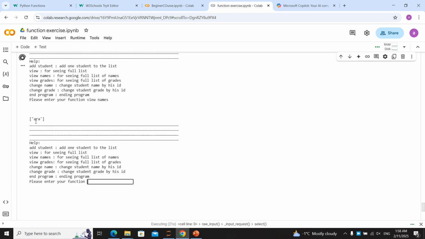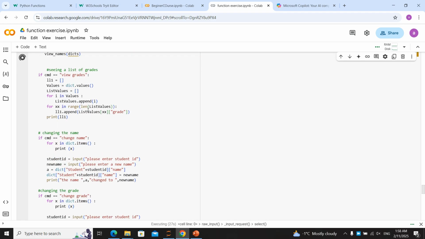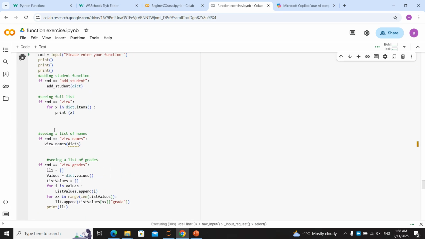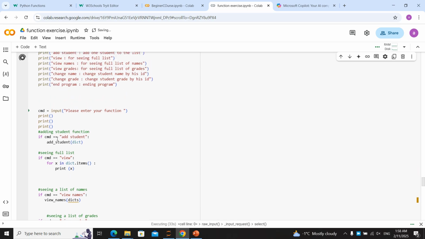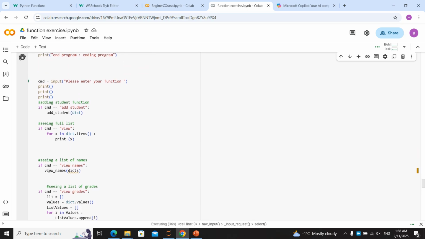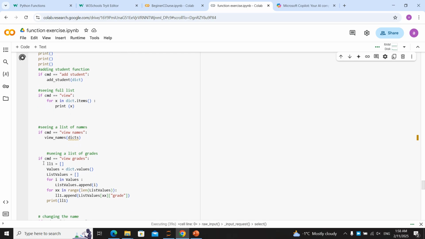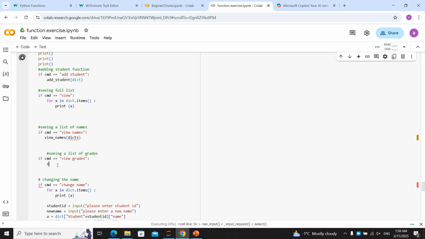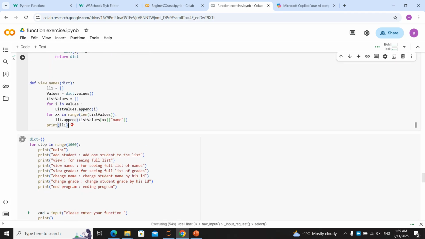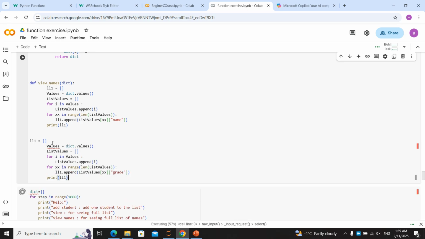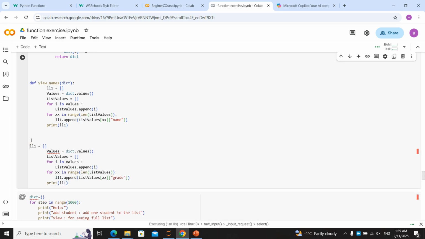You see the names have been cleared. Now we need to create another function for that. For what? For seeing full list, no. Adding a student, no. View name is okay. We need to create here view grades and dictionary. We gave it, we here just paste that. Okay, we call it def view